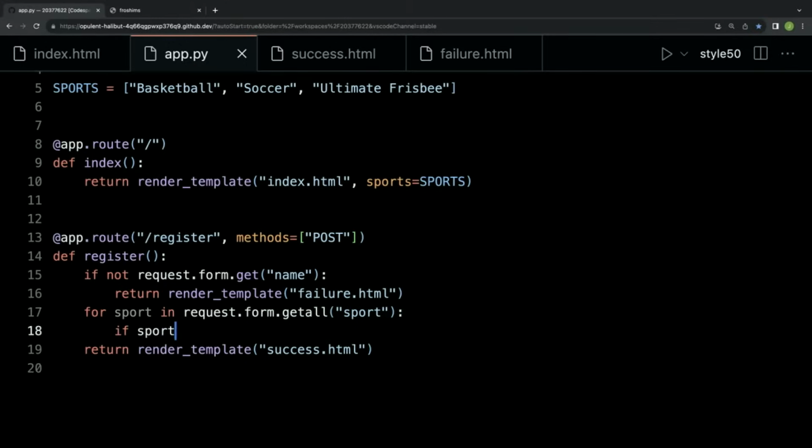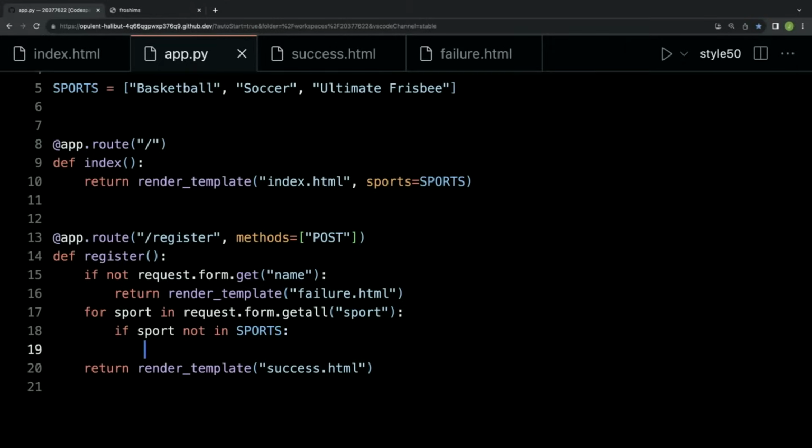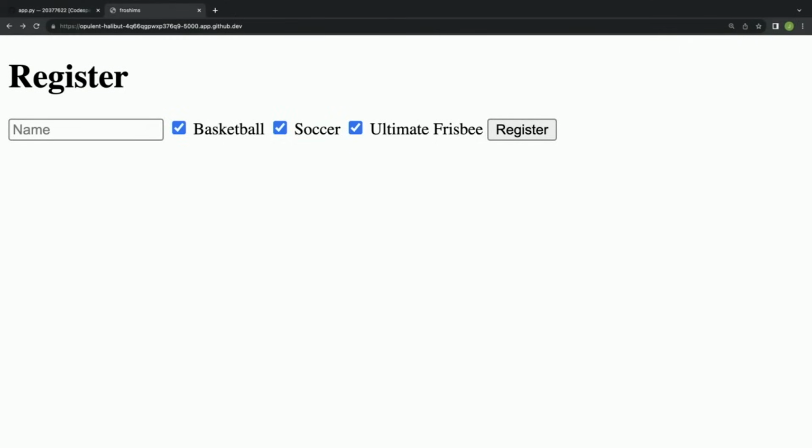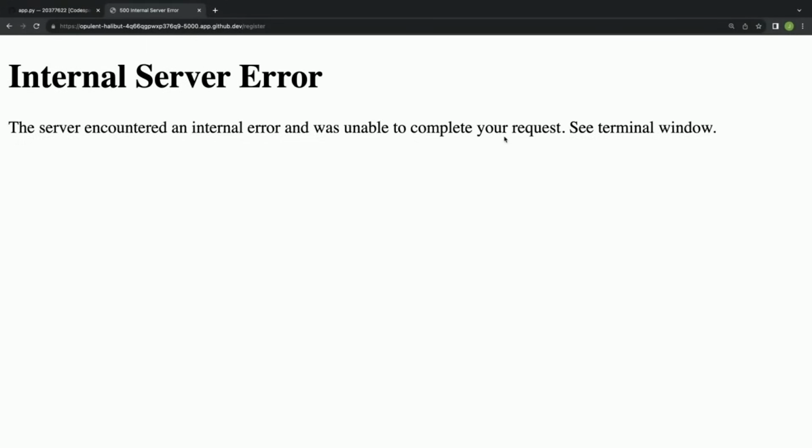Then go ahead and do this. If the current sport is not in that sports list up top, then go ahead and return render template failure.html. Did I make a mistake here? I think we're good there. So we're checking against every value that was checked on the form. Is it actually valid? And so now if I reload, type in my name, David, and I'll just check one of them, for instance,